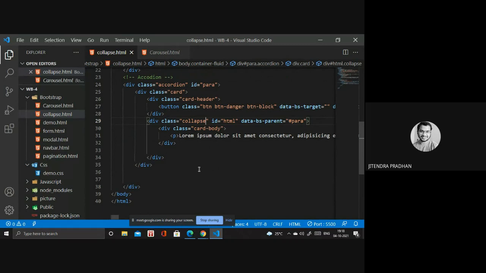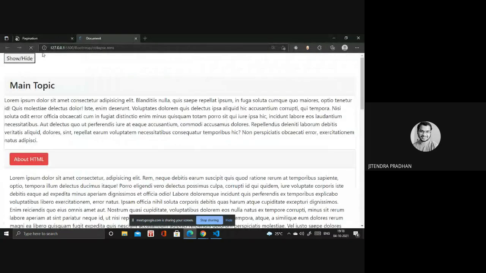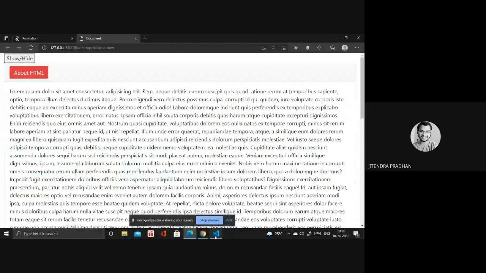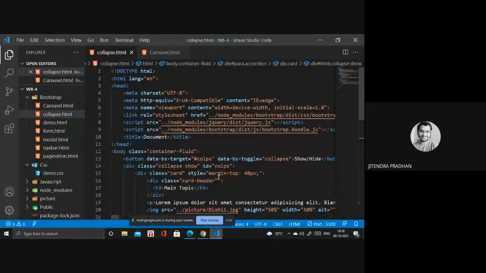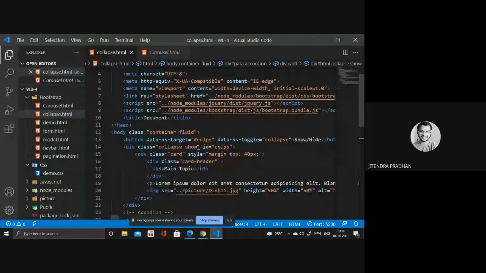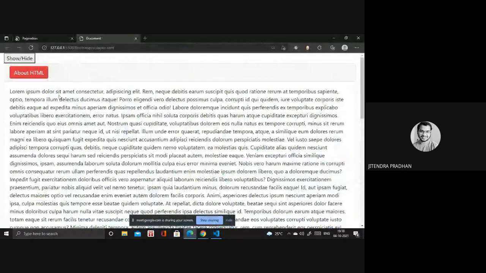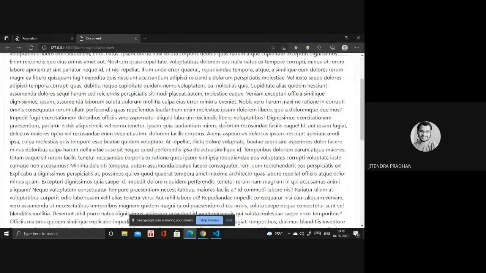Collapse. So yeah, we write it. It shows the button. Wait, I'll show you. I will remove that part, because it disturbs me. So yeah, it's showing on that particular show button.